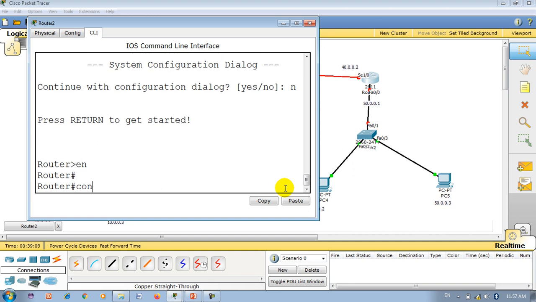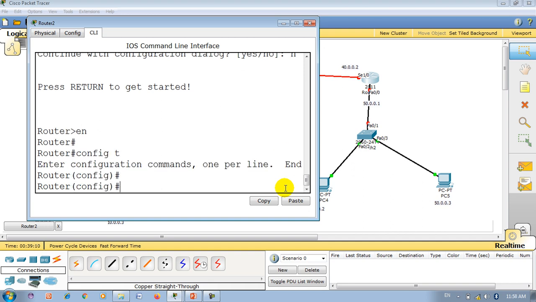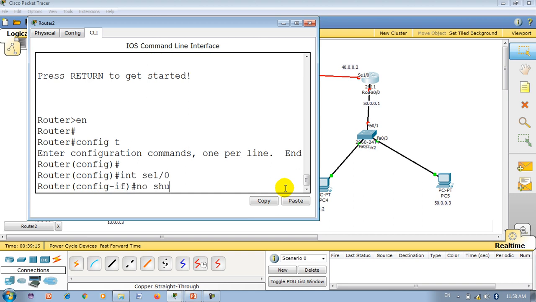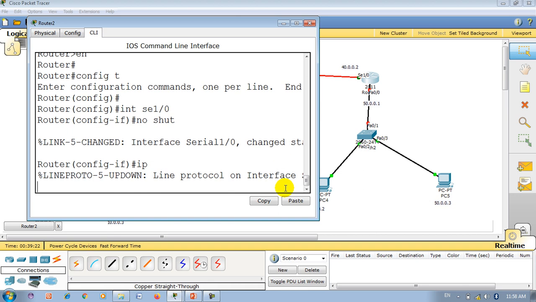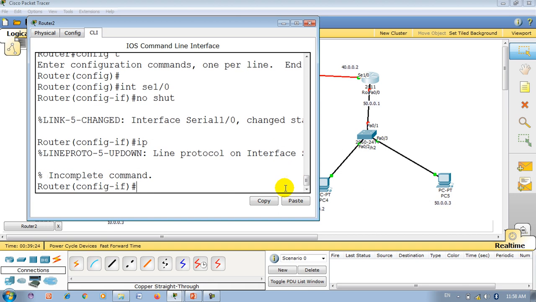Enable, then configuration mode, then interface serial 1/0, no shut to turn it on. You can see it becomes green now. Then IP address 40.0.0.2 and the subnet mask.